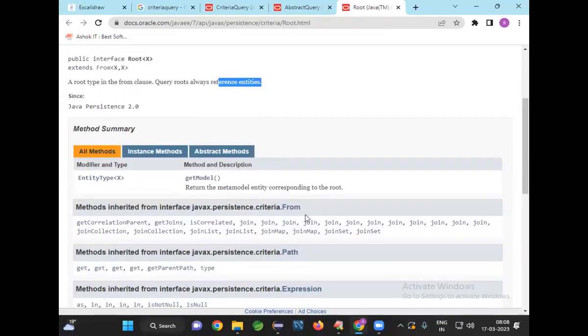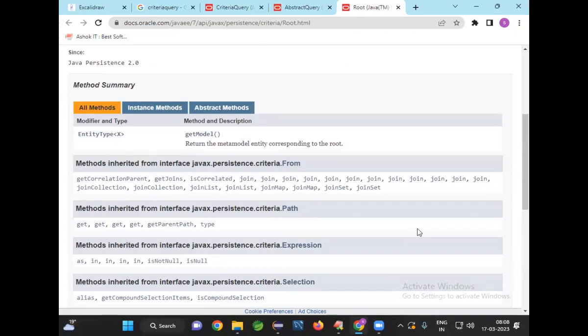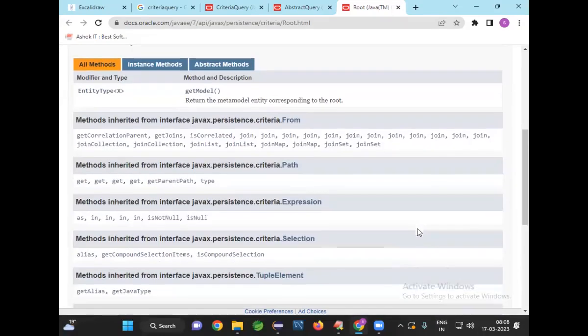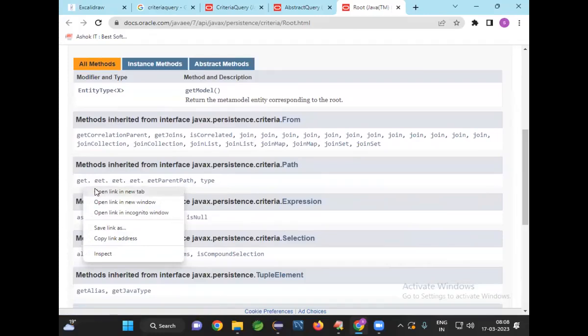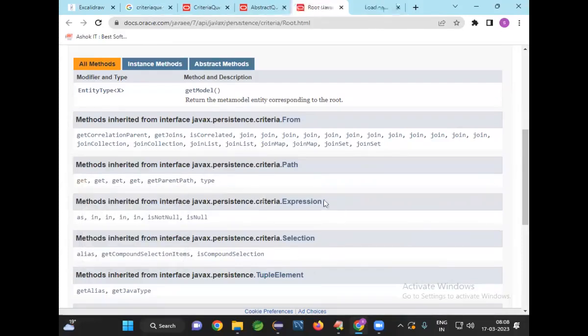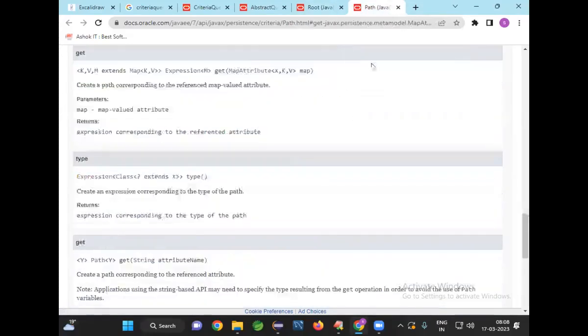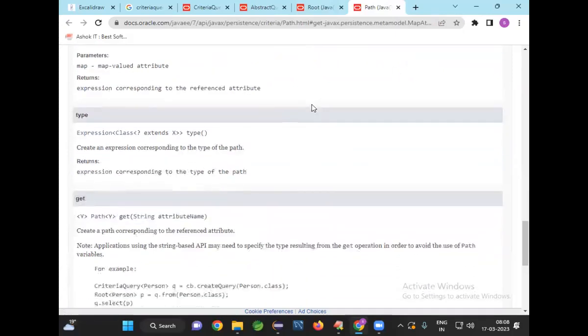We don't have many methods here, but we called one method called get. We called the get method. We also have the join method, and join with various parameters. We have as method, in method, isNotNull method, isNull method. Of course the API contains so many methods, but we only need to understand the methods that we need. I just called a method called get